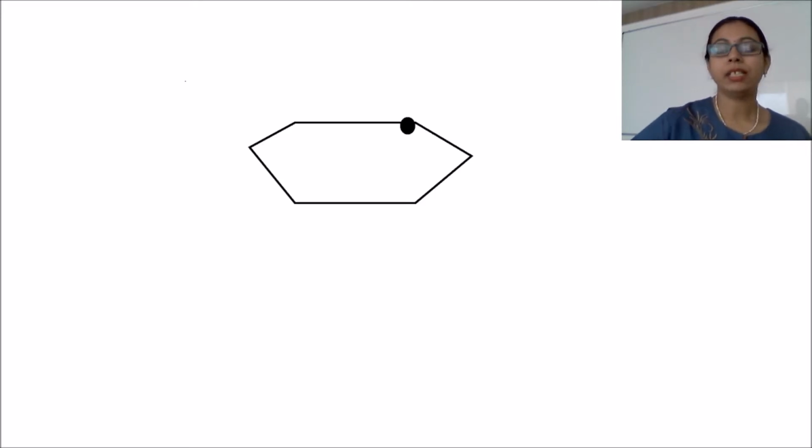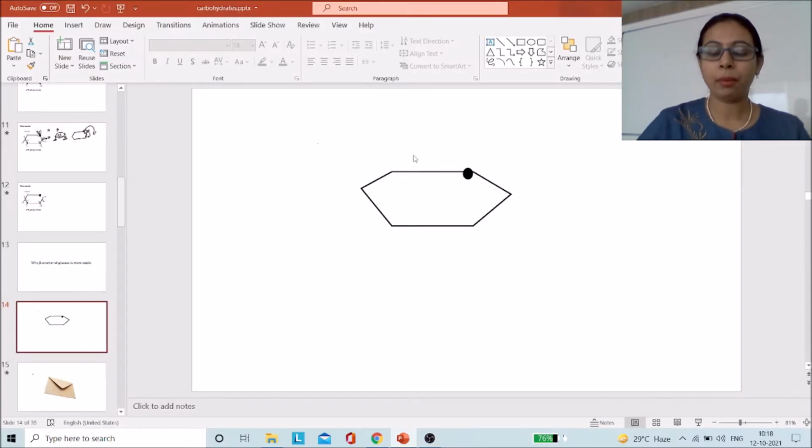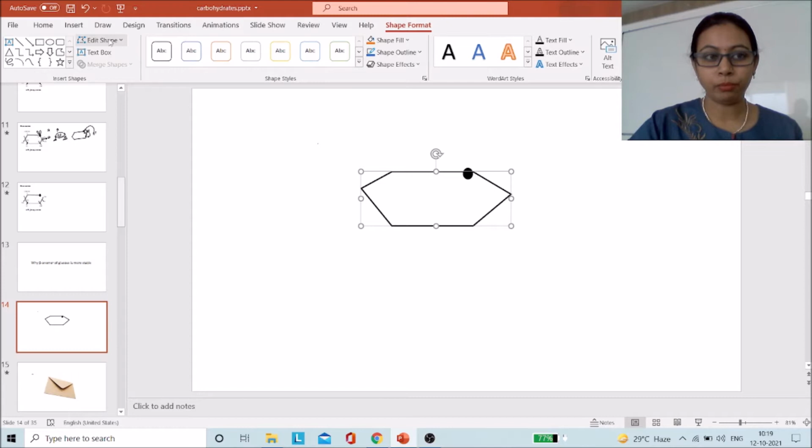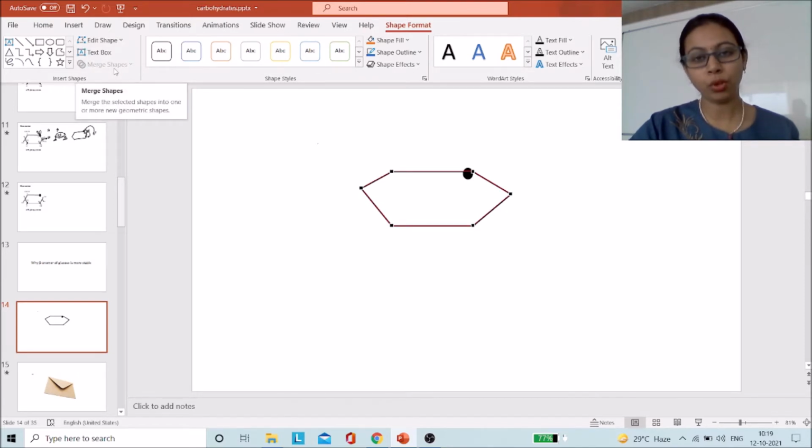Let us suppose this is the hexagonal cyclic structure of glucose. Actually, this is a cyclic form, but in nature it does not exist just like that in a planar manner. Either it will be in the chair conformation or in the boat conformation. So let us change it into the chair conformation or boat conformation. Why and how does it shift toward the boat conformation and chair conformation?